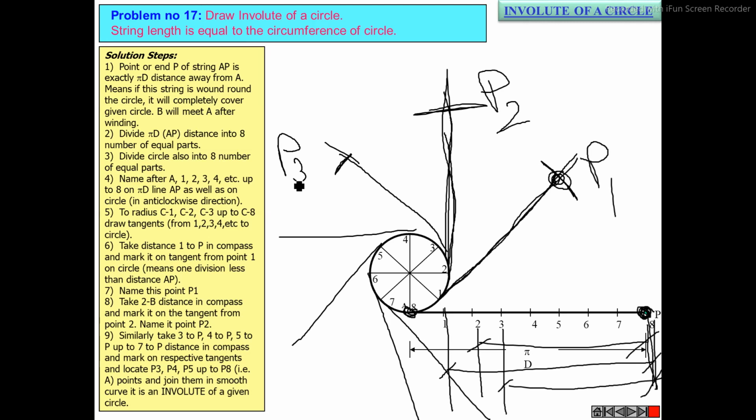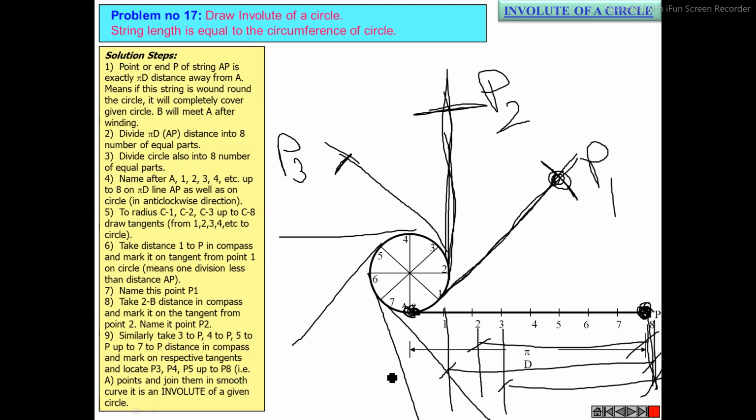Similarly, if you do this process till point 8, can you tell me where the final locus point of the involute will lie? If you carry out this process till point 8, where will the locus point P of the involute lie? So the final P, at the end of 2 pi r, from point 8. You are telling about this point. Yes, sir. I mean, if we join everything, then it will be... No, how come?